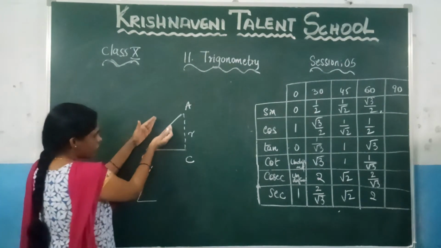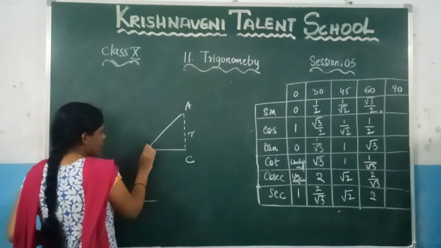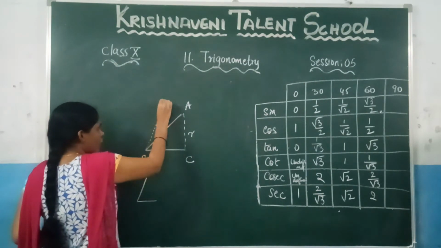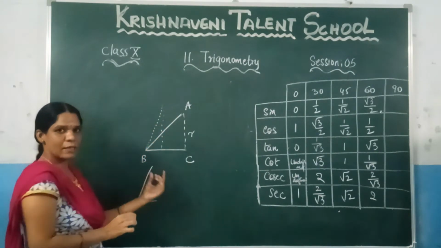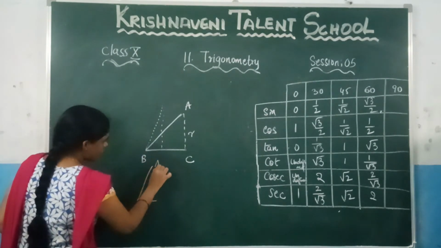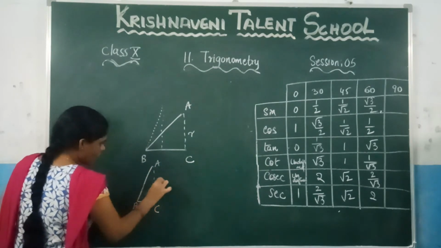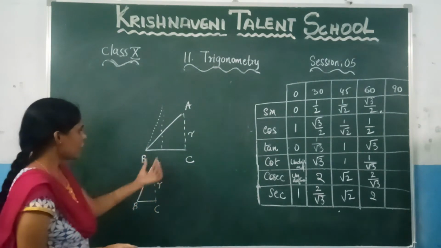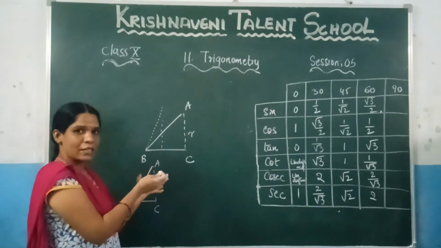That means suppose this angle is here, I am drawing it here itself. Suppose I am taking this angle as like this. Then definitely this length will decrease, then you will get the length like this. The same thing I have drawn here separately. So here, this is A and this is B and this is C. So this one will become R. And here you can observe, based on these two triangles, that the angle is increasing.